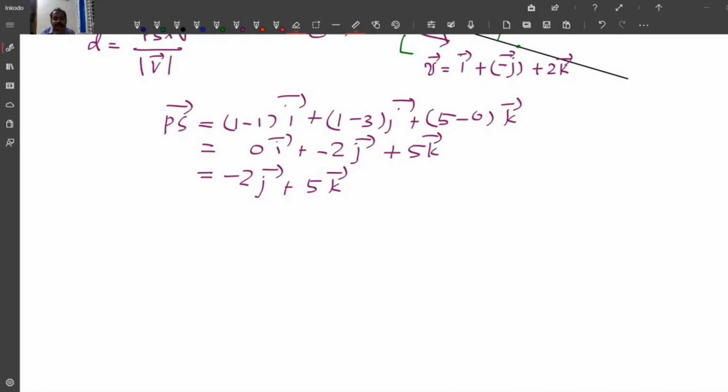Now what we have to do is find PS cross V. PS cross V is the determinant of i, j, k; 0, minus 2, 5;